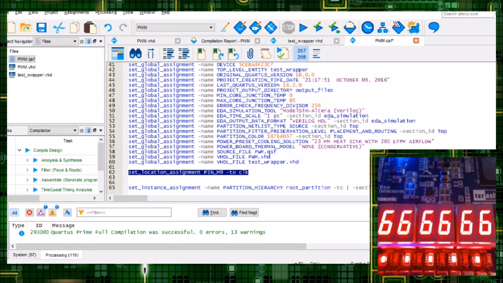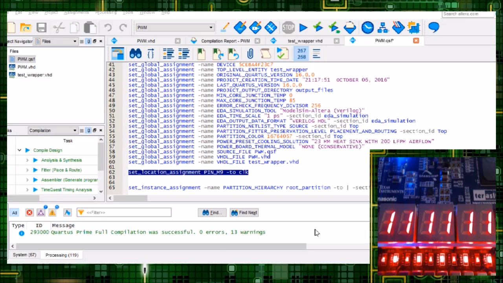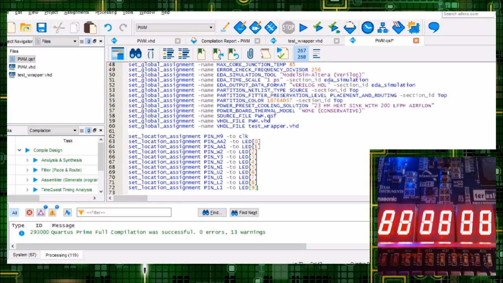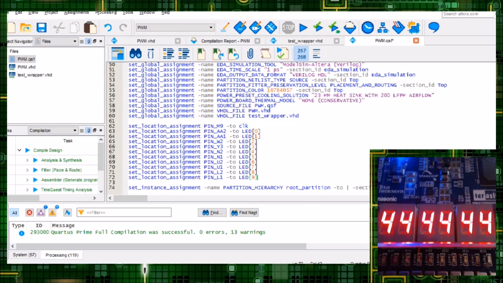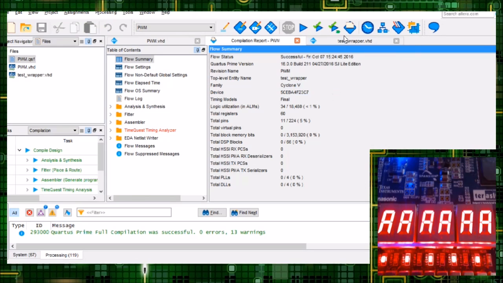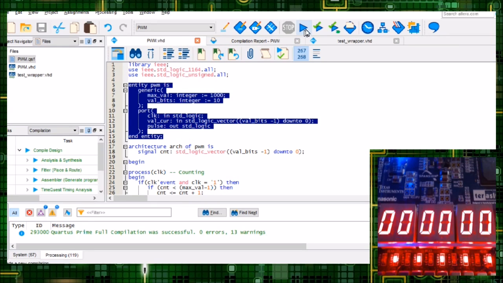Now, what you can do, and I tend to do this, is I have a list of the assignments, the default pins for the DE0, and I just tend to write my entities the same for the LEDs etc. every time. So I can just copy paste straight from my saved file, and this will automatically do it. So if I just save that, and then I recompile the design,